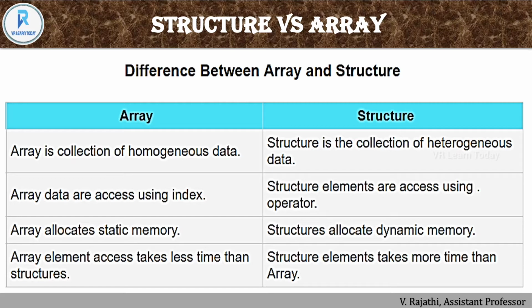This is because in an array we have homogeneous data, so only one data type, be it int, float or double. It will be only a single data type, so the accessing time is reduced. In a structure, it will contain a character, double, float or int, so it has plenty of data types with values. So element accessing takes more time when compared to the array. This is the example of differentiation between array and structure.